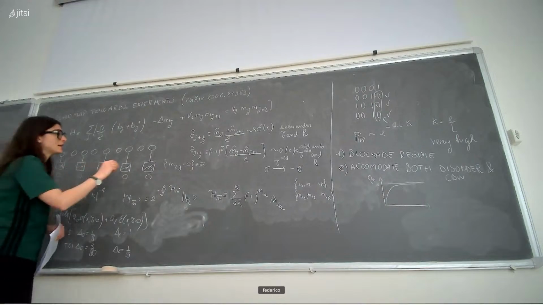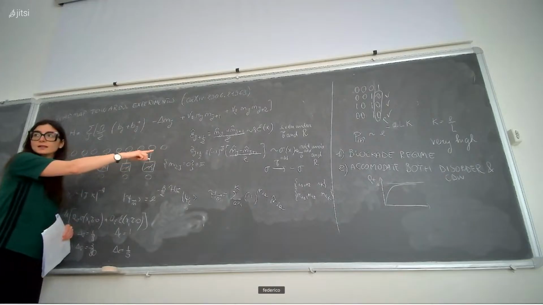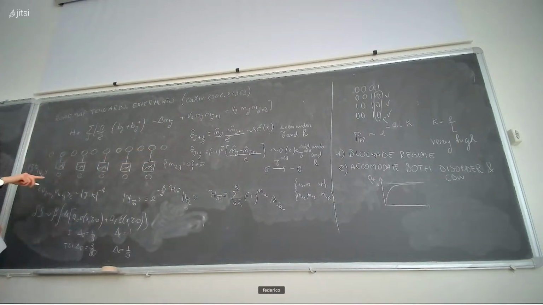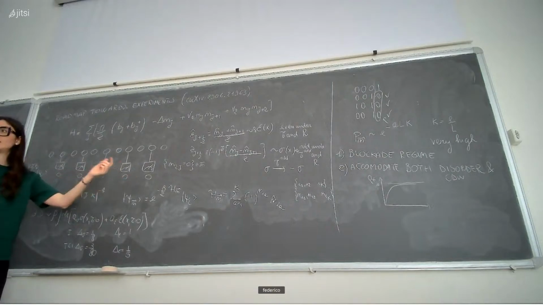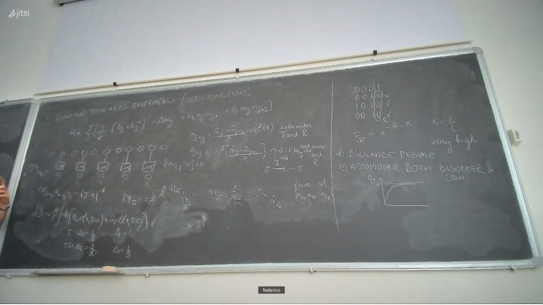So you mean that I add a new site here, and then how do I change the measurement? No, just the same measurement. Doesn't it change the symmetry of the sigma field from odd translation to even translation? Okay, in the numerics that we have done, we were always considering even systems. And all the checks were done in such a way that, for instance, if we measure on every 3 sites, we were choosing a system size which was a multiple of 2 and 3.